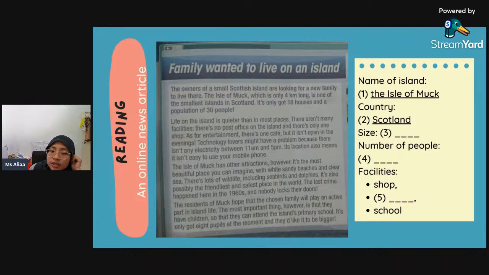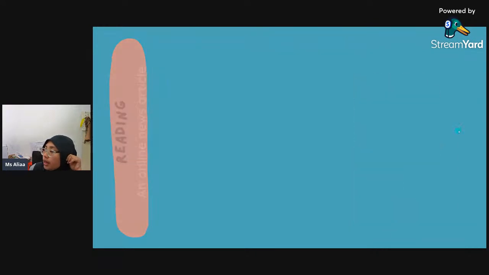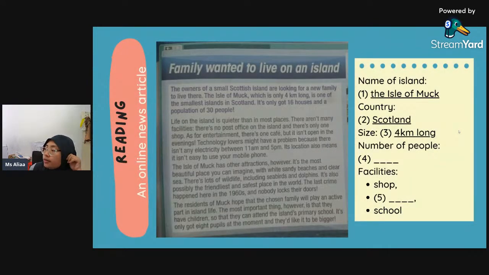Okay, what's the size of this island? It is 4 kilometers long. And then what's the number of people on this island?